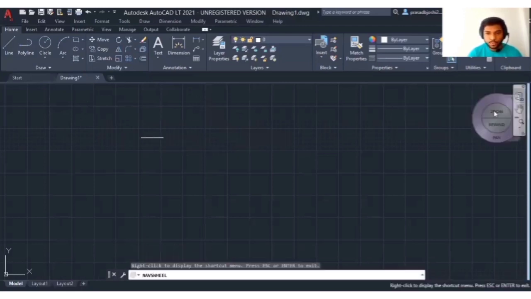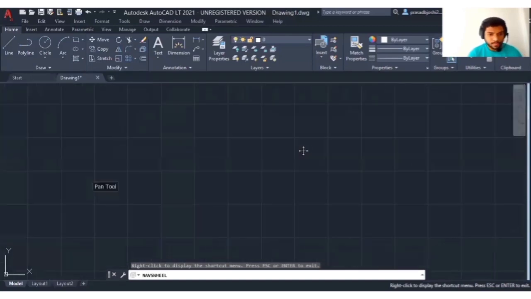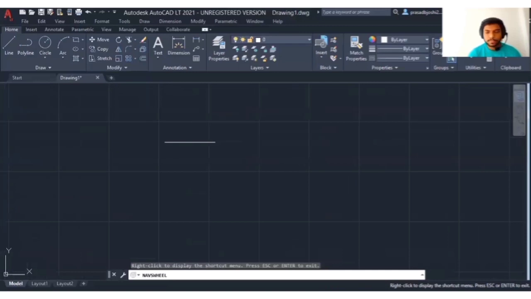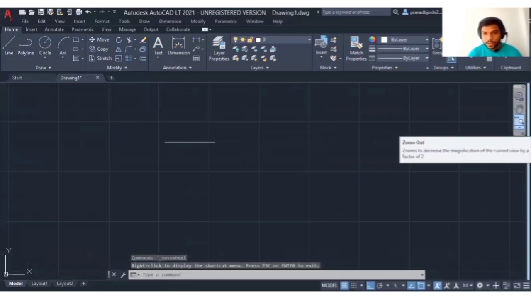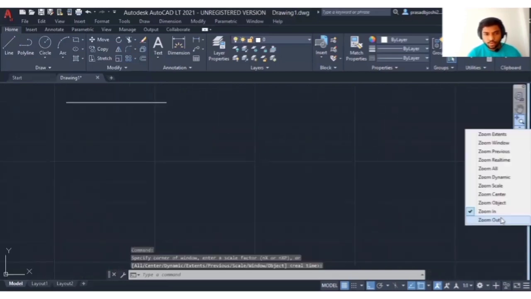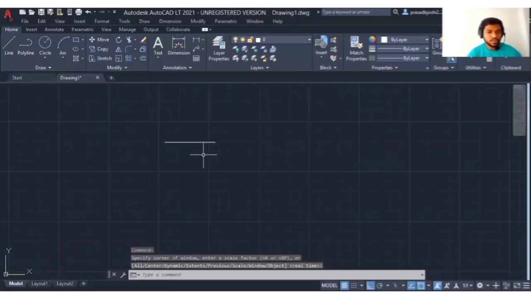Click on zoom, so this will zoom the section. We can do this from here also. Here we have the arrow. Select this, and we can either zoom in or zoom out. So here we have the line of dimension 50.